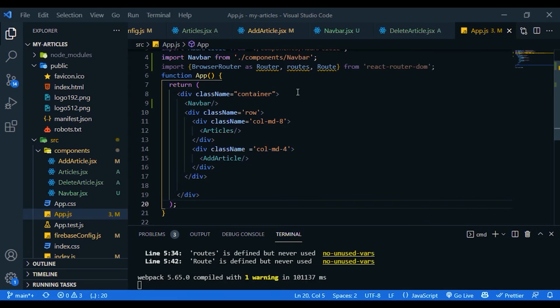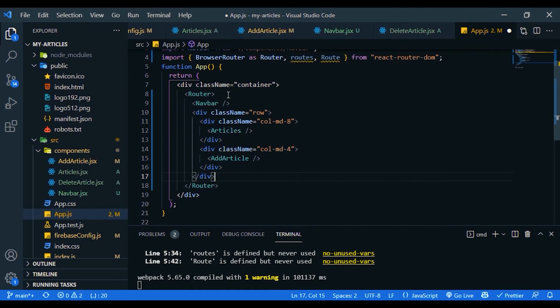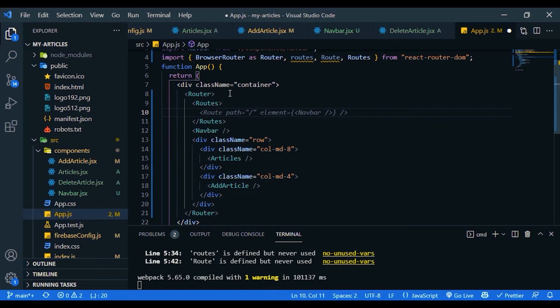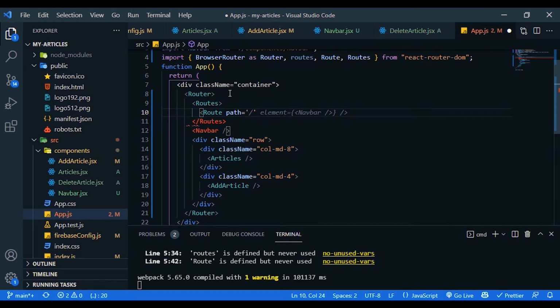Okay. Under the container, I'm going to wrap the whole thing within the router component. Router. Wrap the whole thing, right? So inside this router, we are going to create our routes. So routes. So inside this route, let's give path. So path is the URL, right? For example, let's say /register,